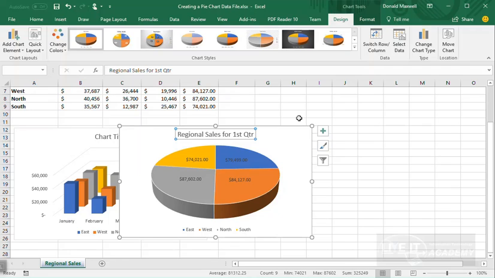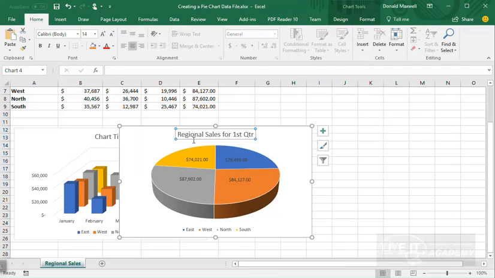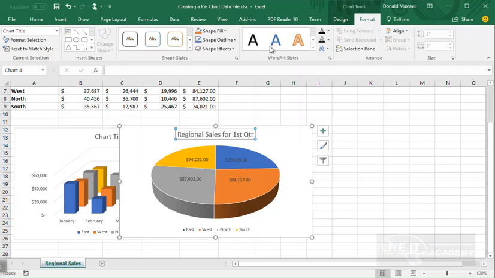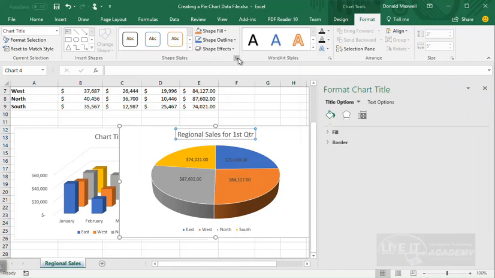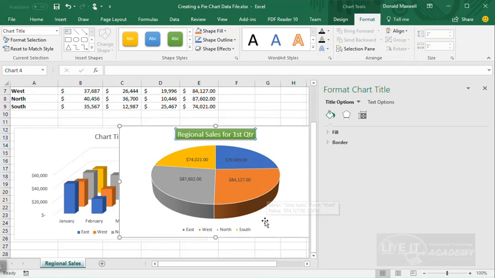Now, one of the things that we've learned to do when we're enhancing a chart, any chart, is we simply click on the titles, right? And as I said, we can format. We can go in and put a format style on the title, all right? And what do we want to format it as? Oh, we'll just use that, right? Similar to the